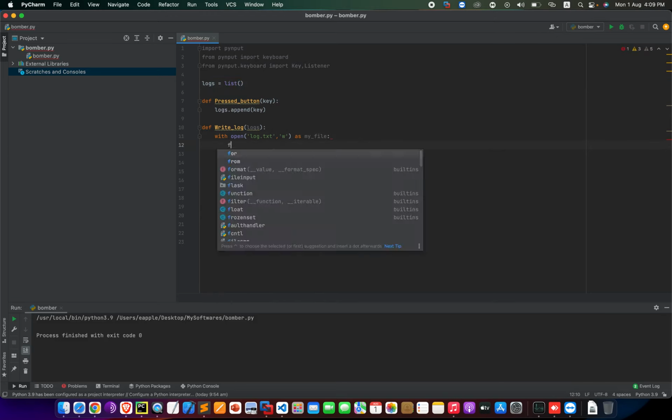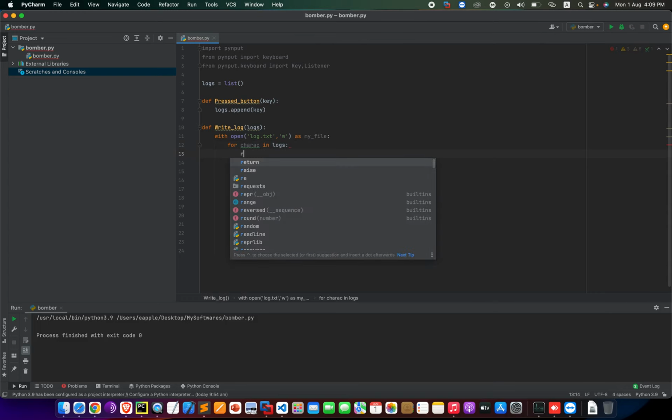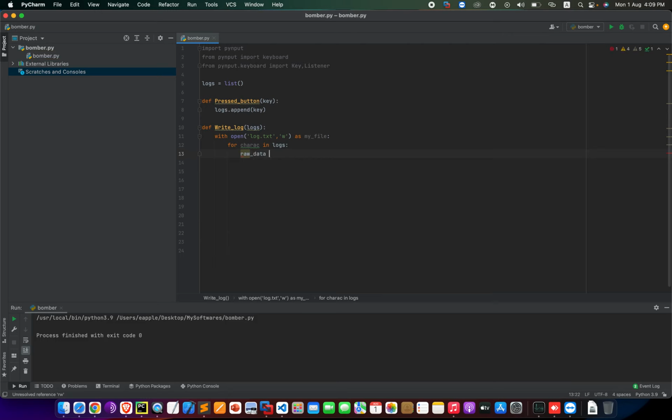For this I can use a for loop. I will use the keyword for, and I can use any name here, character in logs. So what I'm going to do is create another variable which will be raw underscore data. It will be like character dot replace. I'm going to use the replace method, and I'm going to replace this comma